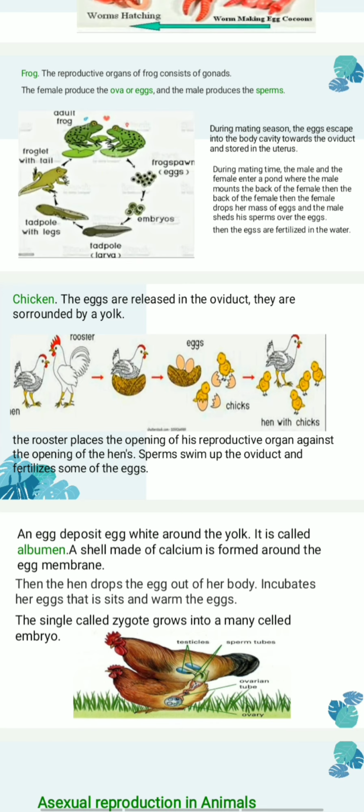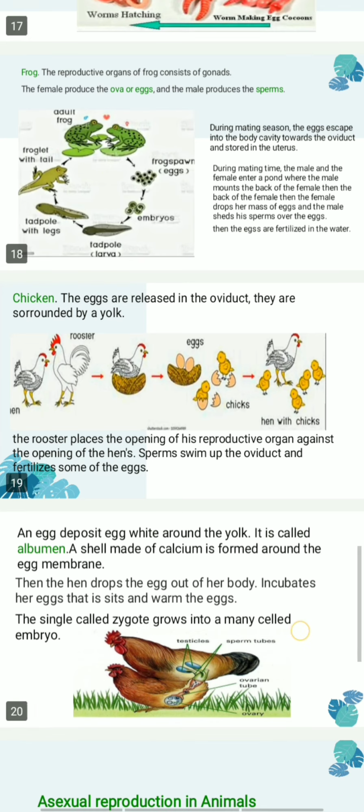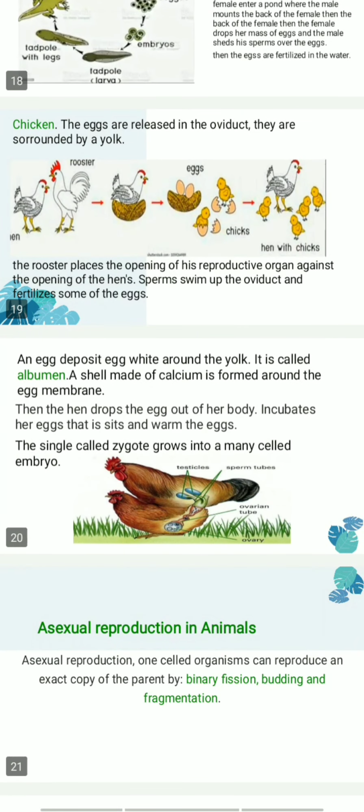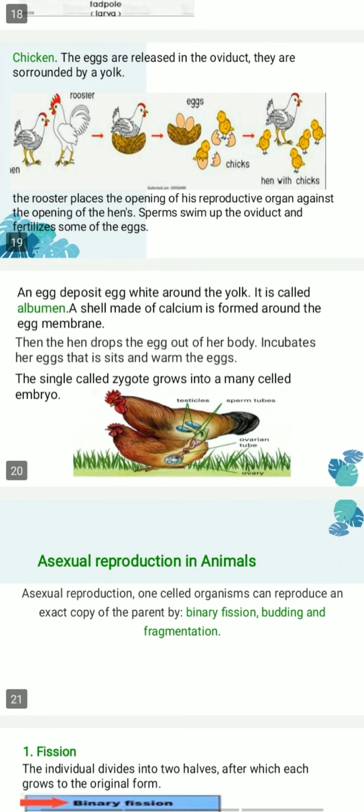The rooster places the opening of his reproductive organ against the opening of the hen's. Sperm swim up the oviduct and fertilize some of the eggs. Egg white is deposited around the yolk. It is called albumin. A shell made of calcium